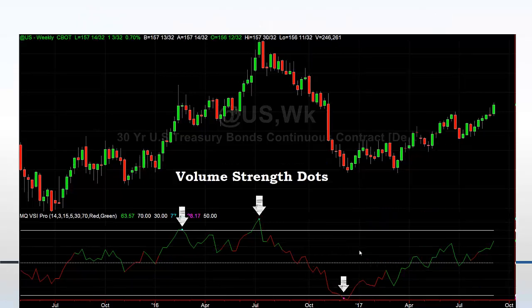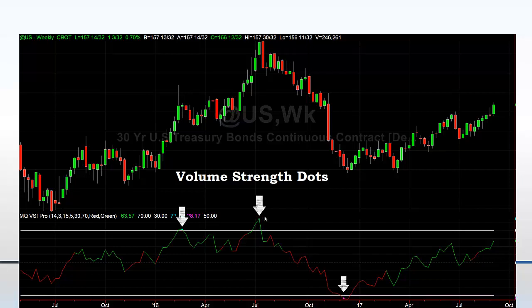All right. The second part of the indicator that you're going to want to look at is what we call volume strength dots. This is designed to help you stop buying from the top, because a lot of times traders come in to get into a trade only to immediately have that trade turn around and go the opposite direction. By the time they finally pull the trigger and say, oh man, this market's running away, I'm missing it, they jump in and then it immediately turns around and stops them out. This is going to help keep you from buying extended markets or selling significantly oversold markets.